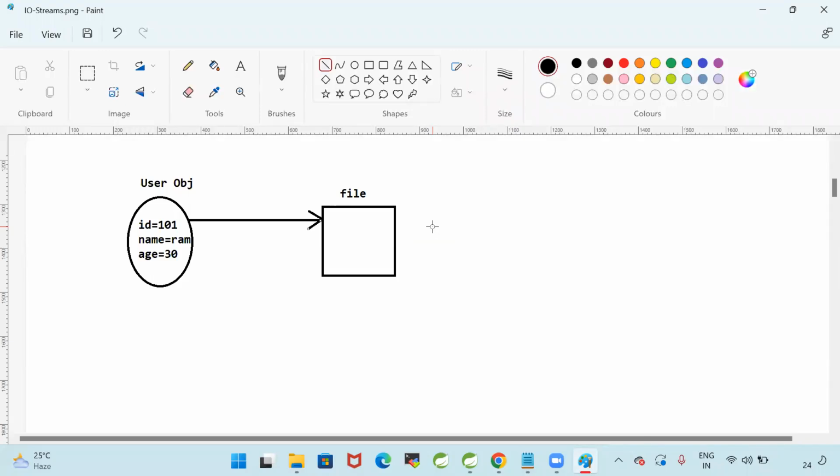I am creating one object. In that object, I'm storing some data. User object, user ID, username, user age. That is some data. That data I'm storing in the object. How many days that object will be available? When my program is running, then object will be available. If my program is terminated, JVM will shut down. When the JVM is shut down, heap will be cleared, object will be deleted, we will